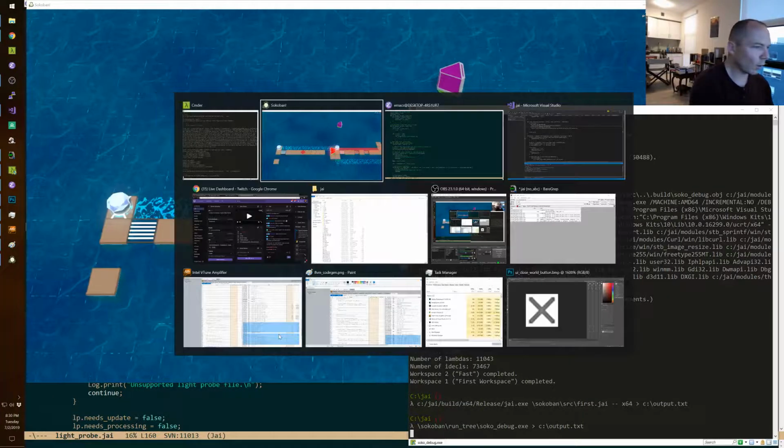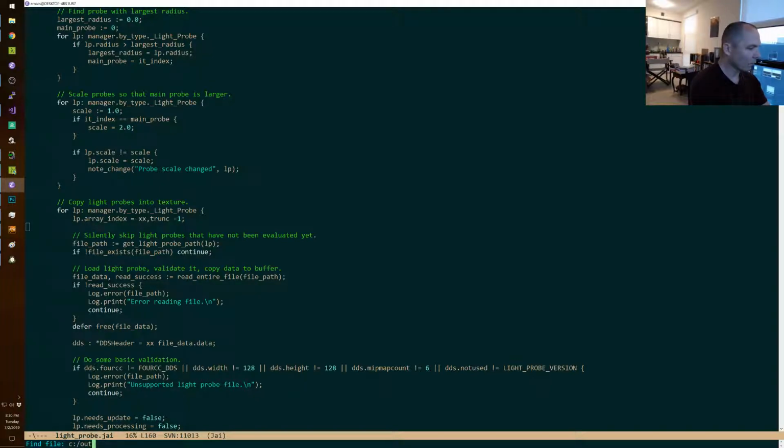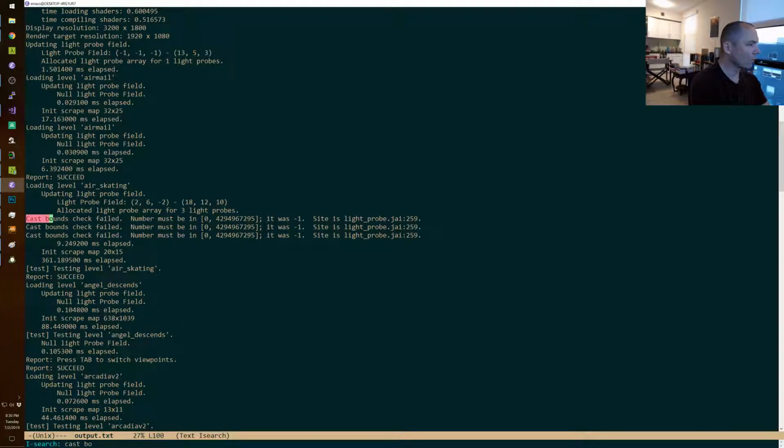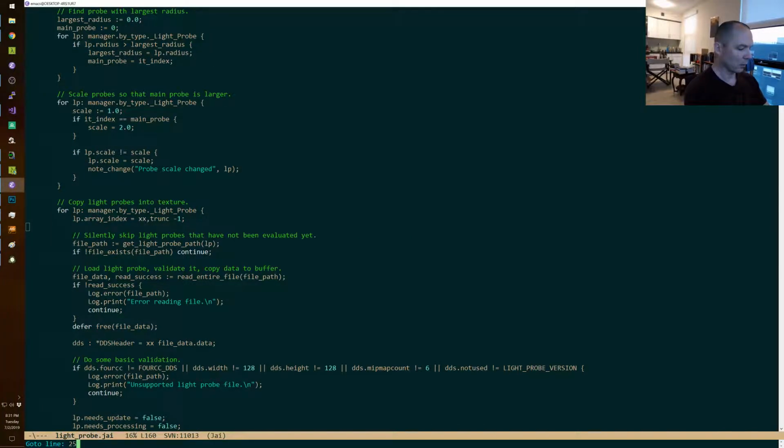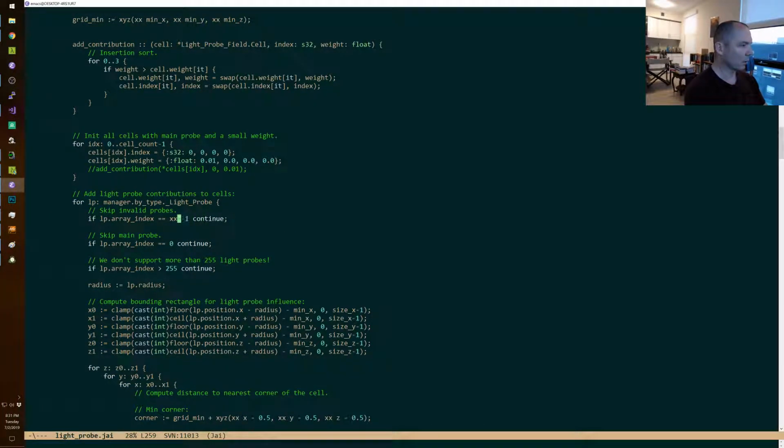All right, let's see what we got. Light probe 259, I'm sure that's the same one. Those are the only ones so far. We could, in cases like that, statically know that it's going to cast bounds check fail.